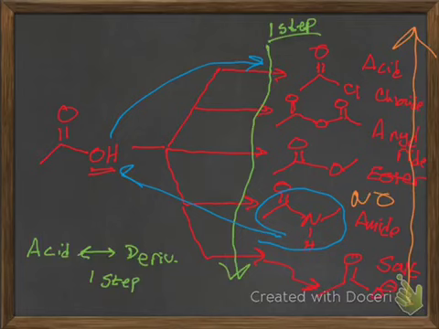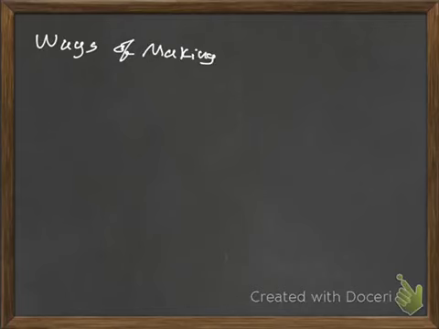All right, so now let's look at ways of making carboxylic acids. This is how we're going to make these as we work. Now, we've already seen some of these. For example, you could take